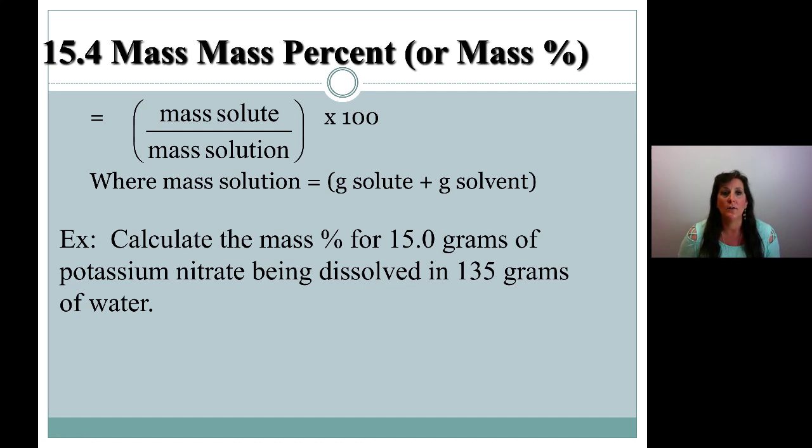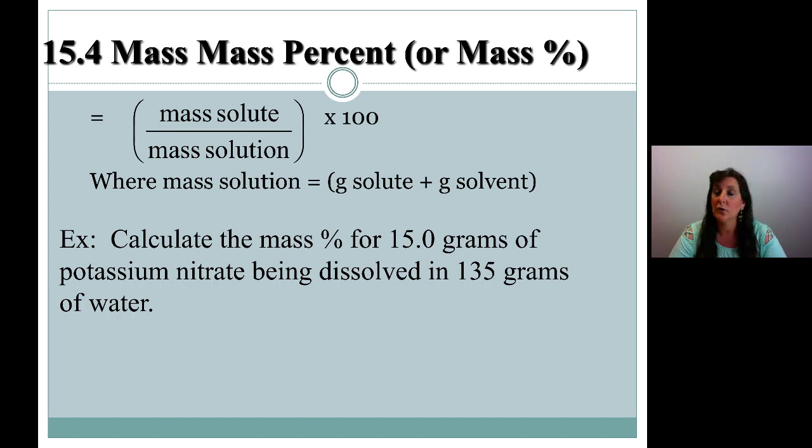We're going to continue talking about concentration now, and we're going to get quantitative. Quantitative, meaning we're going to have some numbers now. So get out your calculator. The first way to measure concentration, as I said, is mass percent. Percentages, like always, are part over whole times 100. That's how all percents work. It's always part over the total or the whole times 100.